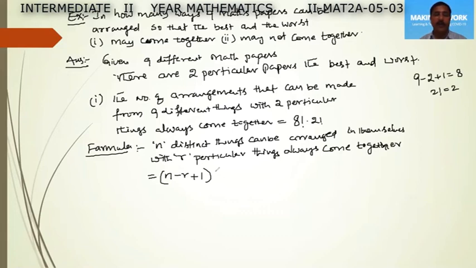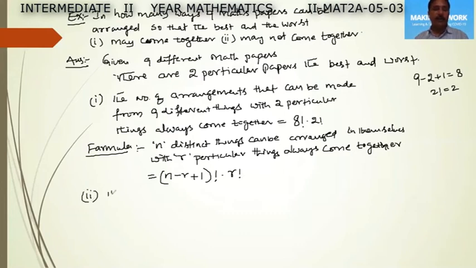These elements in themselves can be arranged in n minus r plus 1 factorial ways, and those r elements in themselves can be arranged in r factorial ways. Therefore, both works in succession, by the fundamental principle, can be done in n minus r plus 1 factorial into r factorial ways. So in the above problem, n is given as 9 and the particular things r is given as 2, right? And second,